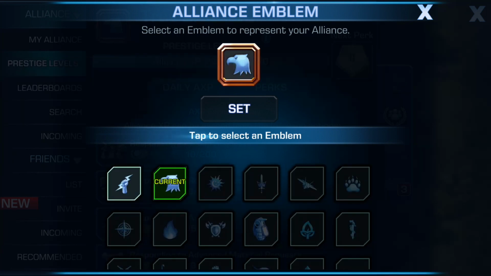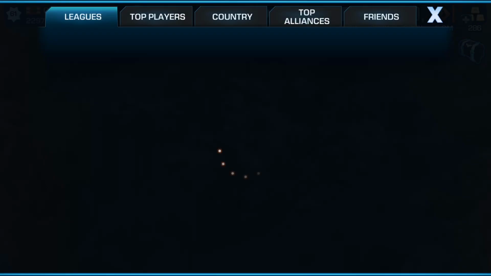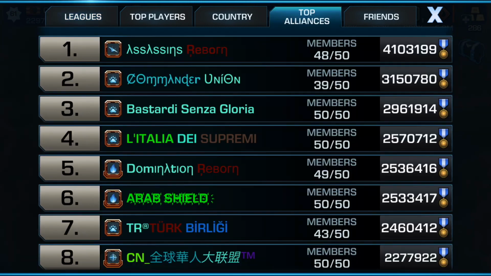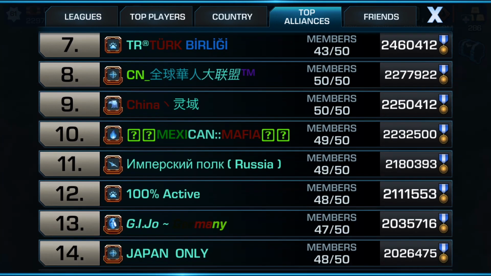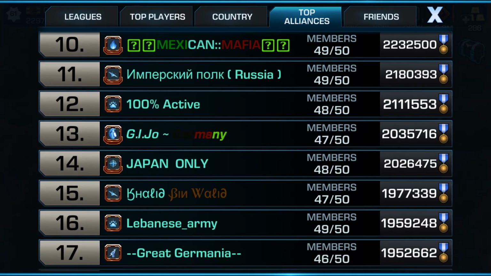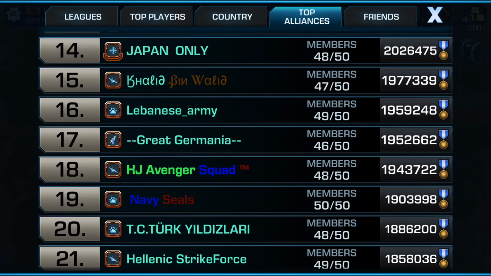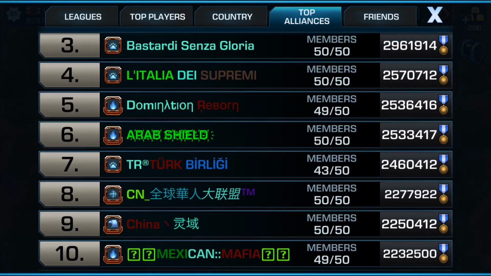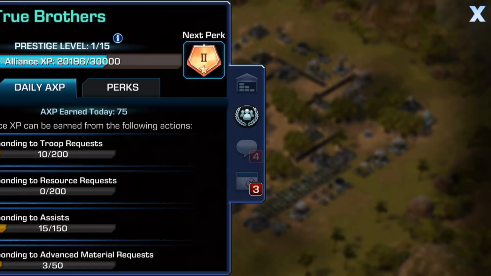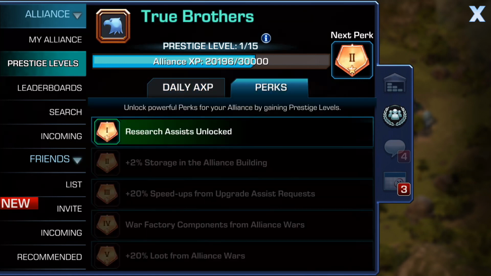All these different emblems. And if we look at some of the top alliances right now and look to see where they are, you can see that these guys are cranking through the emblems. Some are still not messing with the emblems, but the top alliances are using the emblems to show where they are in Prestige. And if we look at the Prestige, every time you are unlocking perks,